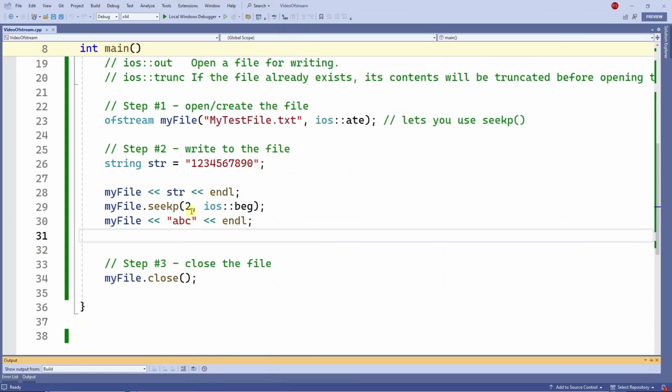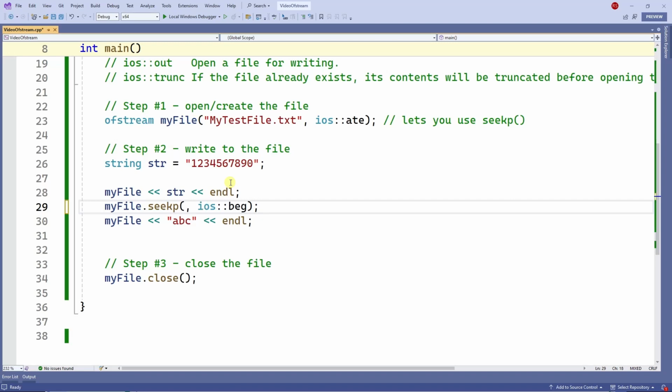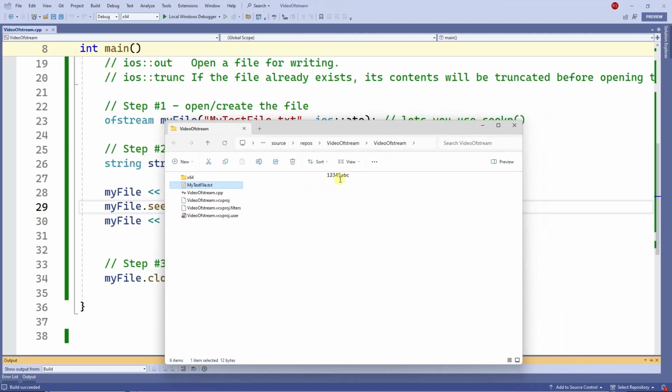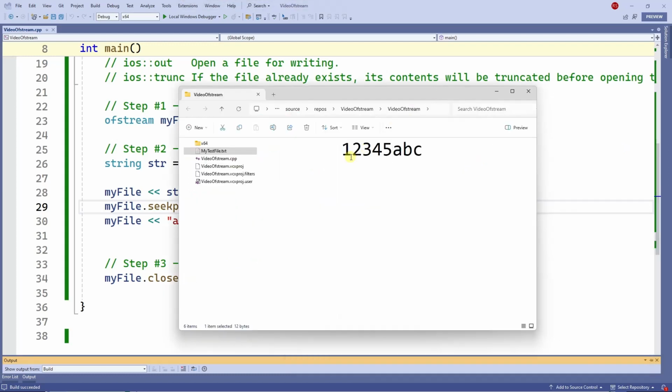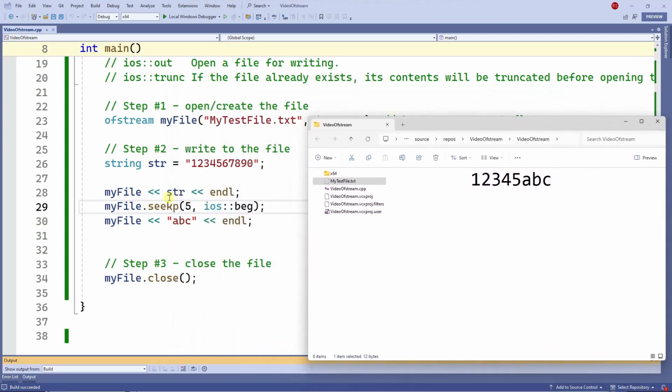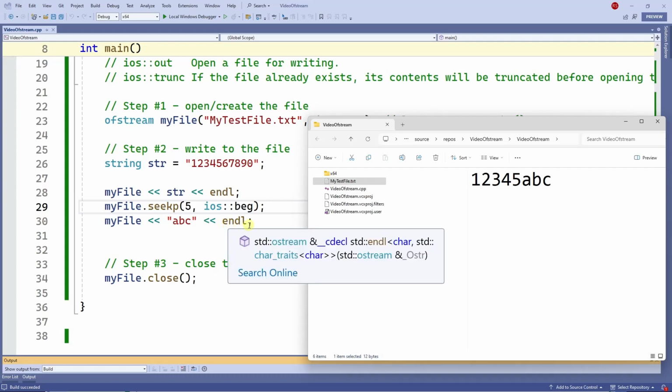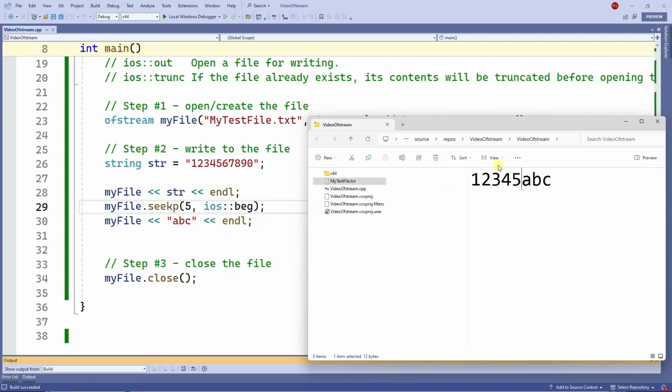Now we can play with this, and let's say I want to start on position 5 this time, and then it writes for me 1, 2, 3, 4, 5, and then the letters ABC, and then destroys the rest of the things. Now this file here, you should have 6, 7, 8, and then 9, and then 0. So what happens to the 9 and 0 right here? Well, what happens is that on line number 30, I'm putting an end of the line here. And every time you put an end of the line,